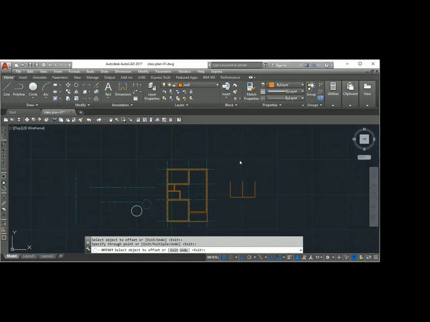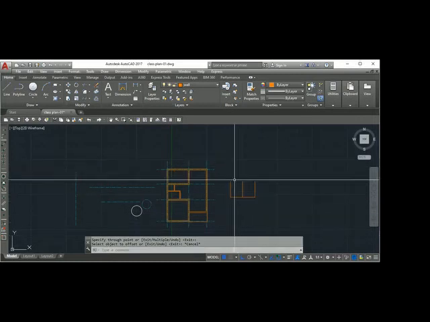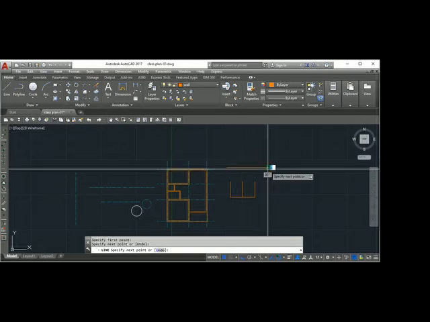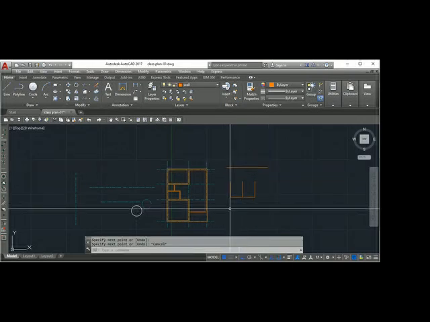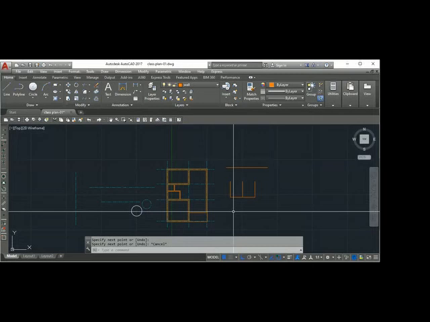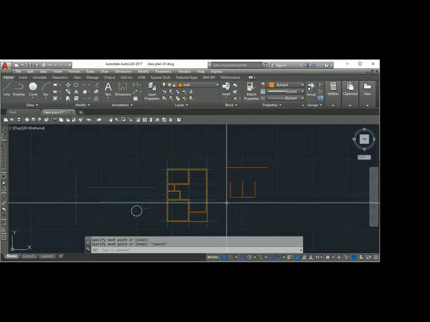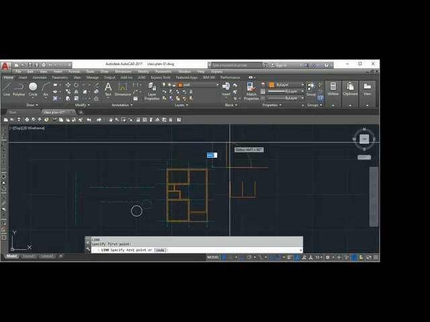For example, I have a line here. I have a line here.